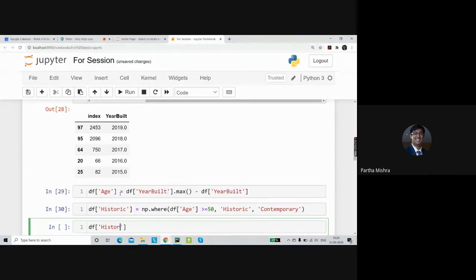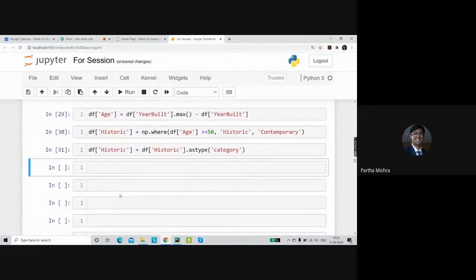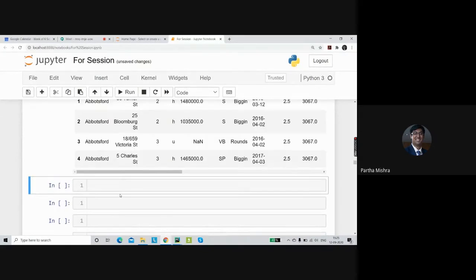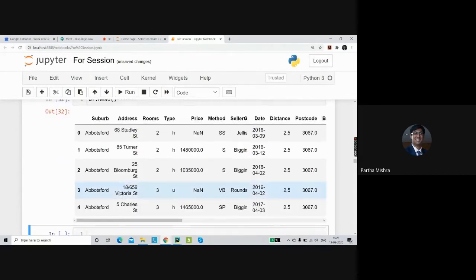Since it is only one column, we can simply mention df historic is equal to df historic dot astype of category. Okay. So I've converted that into a categorical variable. Now let's look at the final data set that we have. df.head will give us a quick view of that particular data.